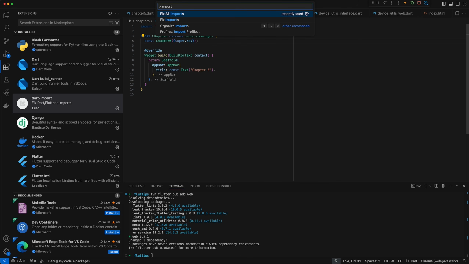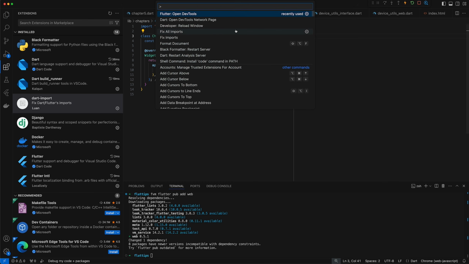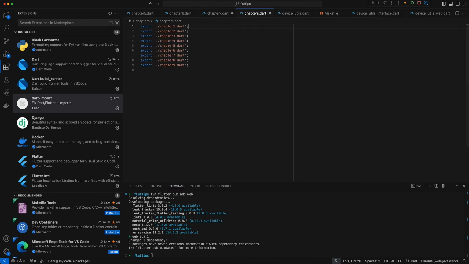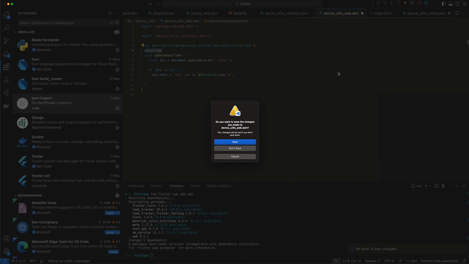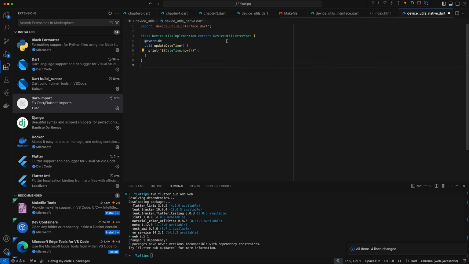Sorry, let me remember how to run it. Fix all imports. What this will do is go through your whole project and fix your imports. What fix means is it's going to order them in the right way, and make them all relative paths instead of absolute, and so on. So I'm going to run it, and you'll see fix all imports. It opens up all my files and does all these things. This one wasn't saved ahead of time, so it got mad at me there, but let's just save